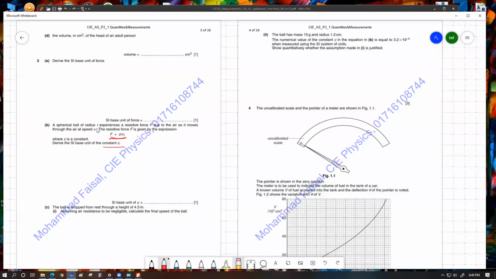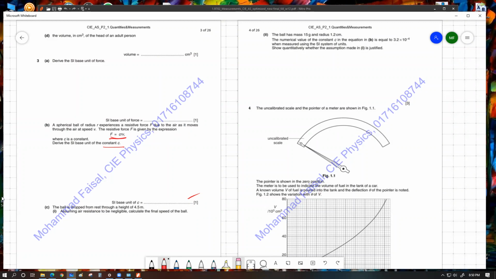এটা pretty simple, C টাকে সাবজেক্ট করবা, তাহলে আমাদের এখান থেকে F divided by RV যে এক্সপ্রেশন আসবে সেগুলো সবগুলো বসালে SI base unit এটা চলে আসবে। Then number C says the ball is dropped from rest through a height of 4.5 meter. So এই vertical height থেকে বলটাকে ড্রপ করা হয়েছে। Assuming air resistance to be negligible, calculate the final speed of the ball. এটা খুব সিম্পল, h equals to half gt squared দিয়ে এটা ইজিলি বাই করা পসিবল। সরি, ফাইনাল স্পিড তো v square equals to 2gh, ওই ইকুয়েশন থেকে এটা বাই করা পসিবল।